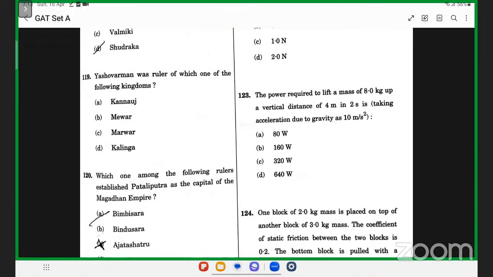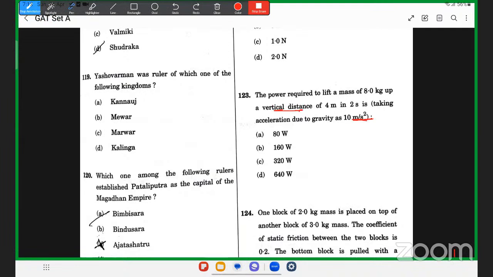123 the power required to lift a mass of 8 kg up a vertical distance of 4 meter in 2 seconds। तो ये तो काफी सिंपल है। इसमें दिया गया है आपको निकालना है पावर। पावर होता है वर्क डन बाय टाइम, और वर्क डन होगा यहाँ पोटेंशियल एनर्जी बाय टाइम। तो m कितना है 8, g 10, h 4 मीटर, टाइम 2 सेकेंड। तो ये हो जाएगा 160 वॉट। तो 123 का आ जाएगा 160 वॉट, क्योंकि पावर निकालना है। पावर होता है W/T, और वर्क डन इस केस में होगा mgh, जो ग्राउंड लेवल से 4 मीटर तक ले जाने के लिए किया जाएगा, वही पोटेंशियल एनर्जी होगी mgh/2।